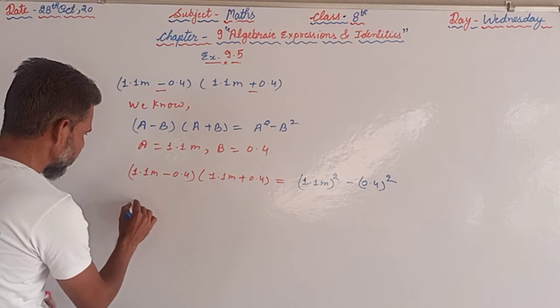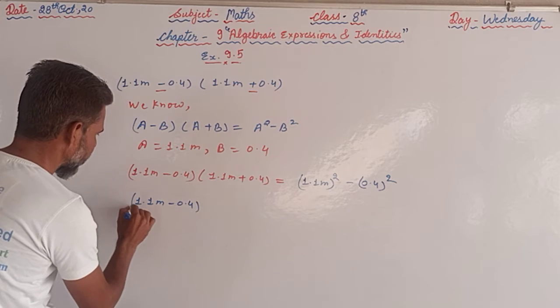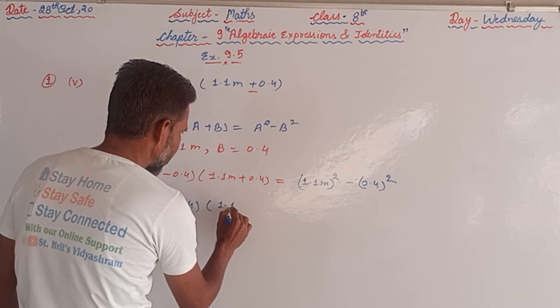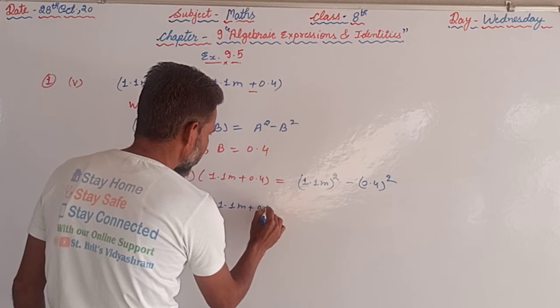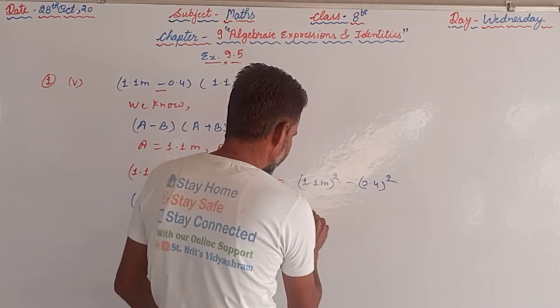So, we will get the answer, that is (1.1 m minus 0.4) and (1.1 m plus 0.4) is equal to (1.1 m) square, means